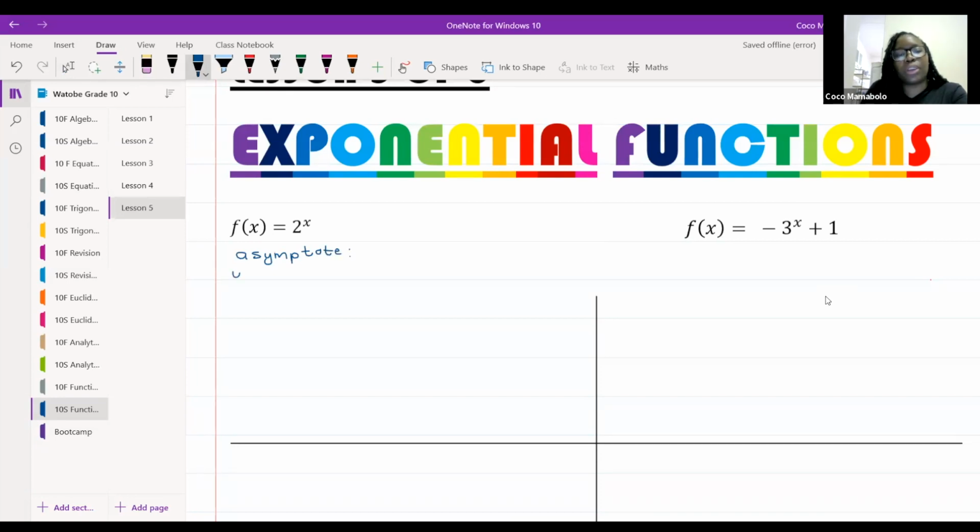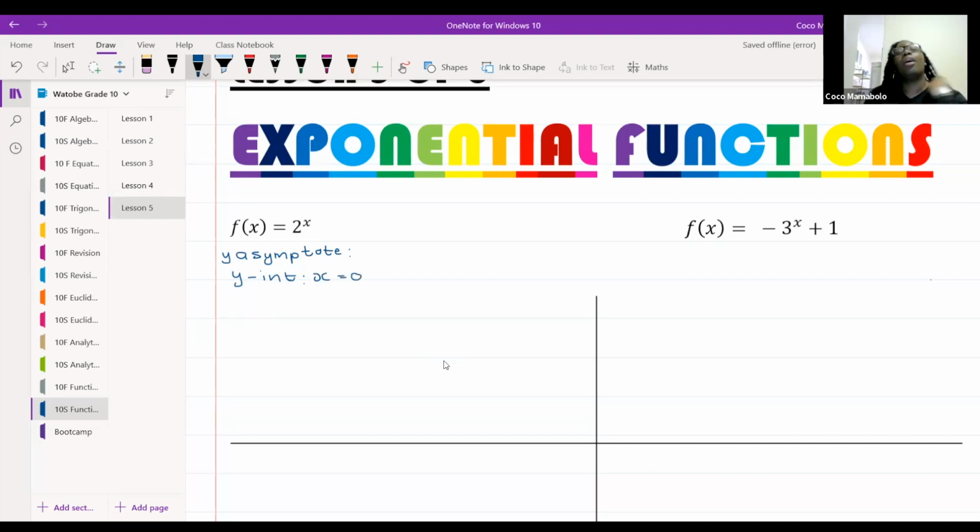And we're going to be looking for the y-intercept. Now, this is for a positive graph. When we start looking at our negative graphs, we will also get x asymptotes. But in this particular graph, we're not going to get an x asymptote. We're only going to get a y asymptote here. Now, remember, guys, y-intercept, x must equal 0.